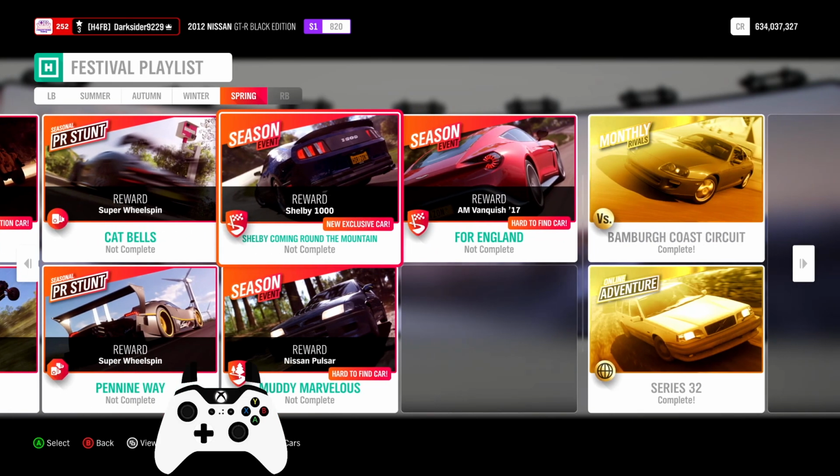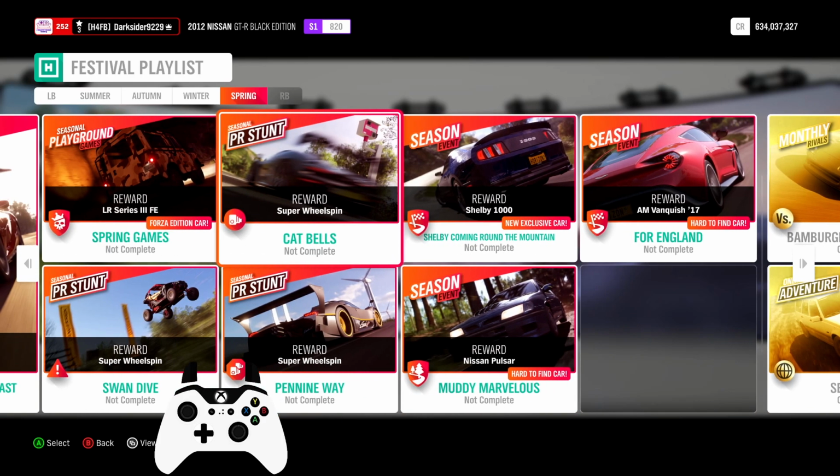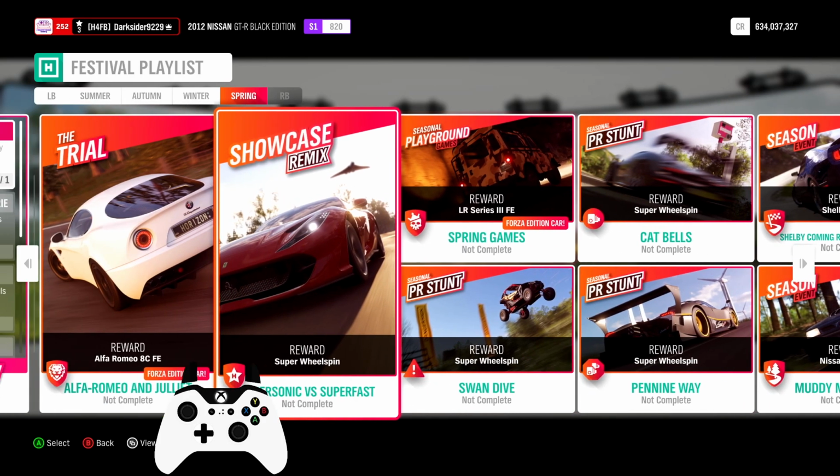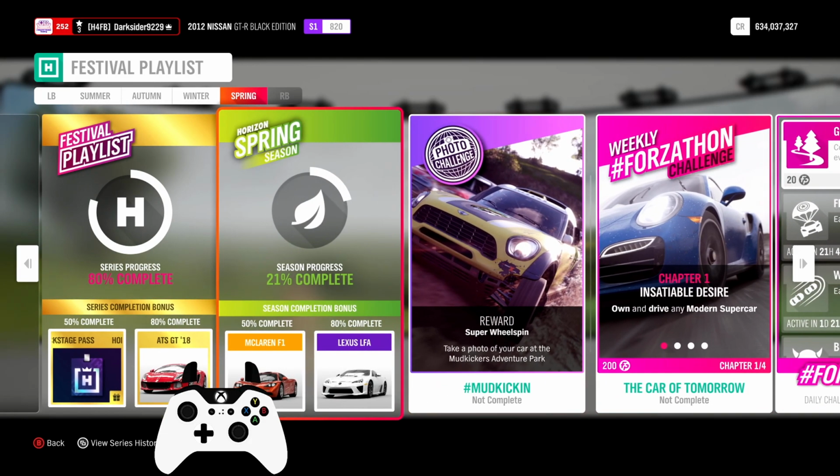This week you can get one of the best sounding cars in the game, the Lexus LFA, as well as the second and last edition of the series, the Shelby 1000, for winning the championship against at least highly skilled drivatars. All the details and time slots for each event and PR stunt are in the video description,